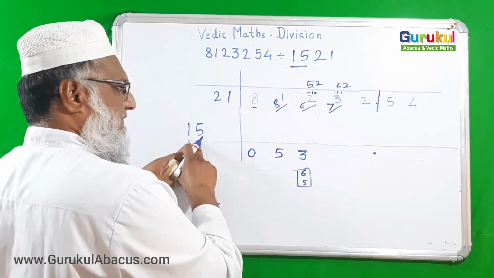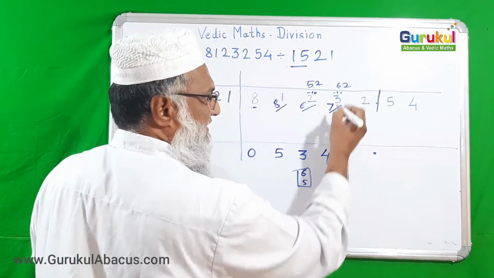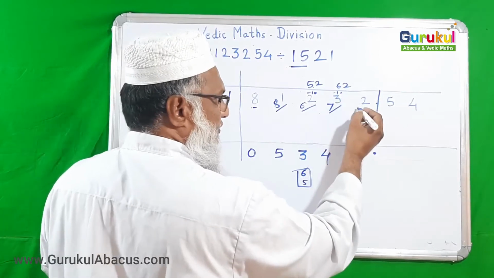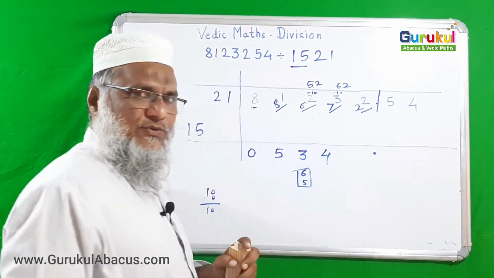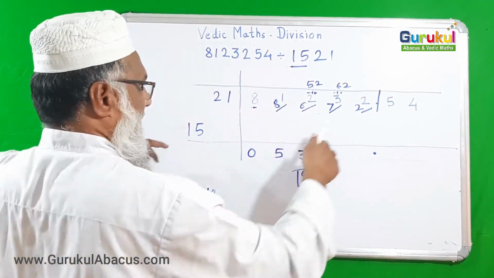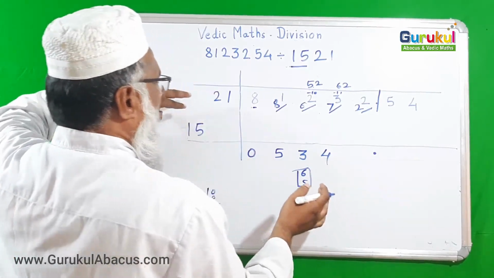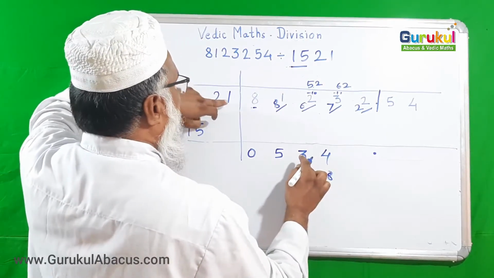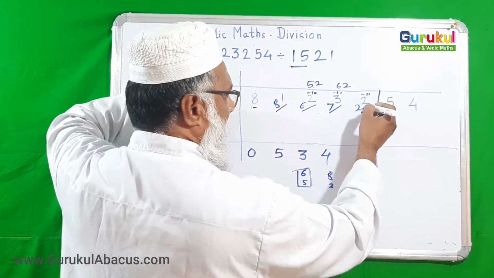Okay, if here is 15, then 15 4s are 60 I can do. So I will subtract 60. So I am getting 2, that I am writing here. So now here I have 22. Now I should subtract the cross multiplication. 4 2s are 8 and 3 1s are 3. So totally I should subtract 11 from it. So I am subtracting, remaining is